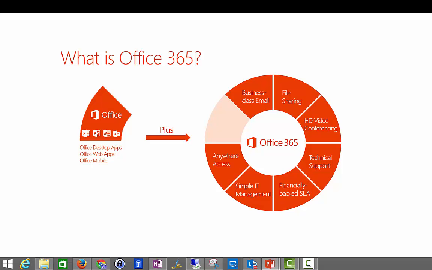What else have we got here? Anywhere access. Who enjoys setting up firewall rules, making exceptions, making holes, making adjustments for these troublesome end users? It's already done for us. So that's a big benefit. Now,